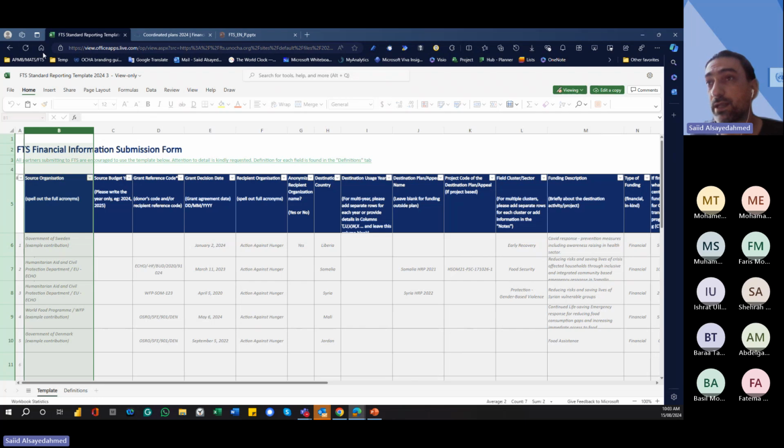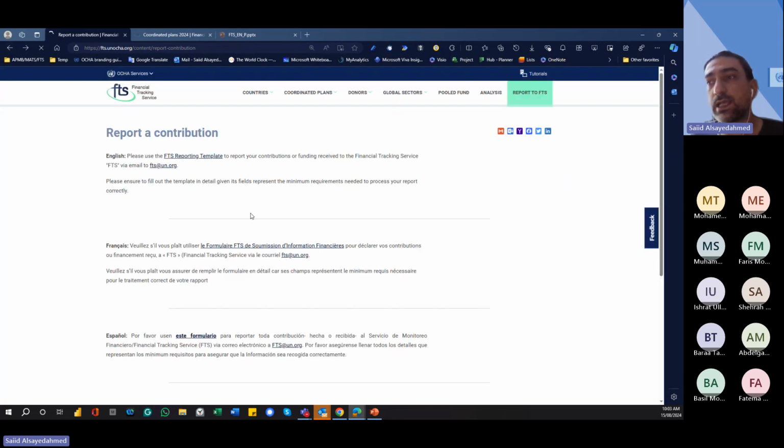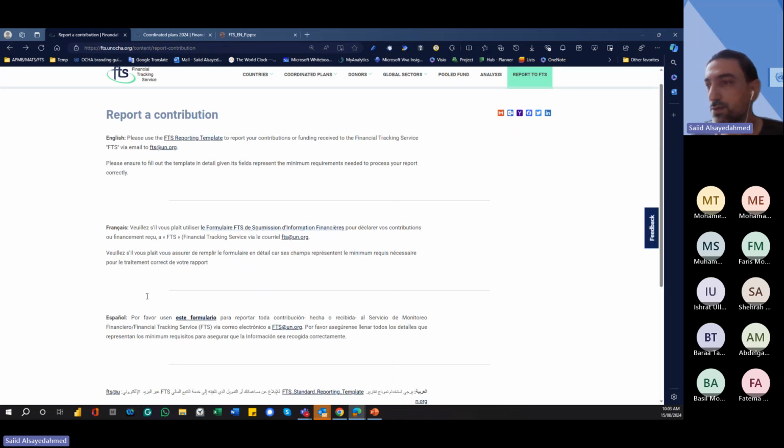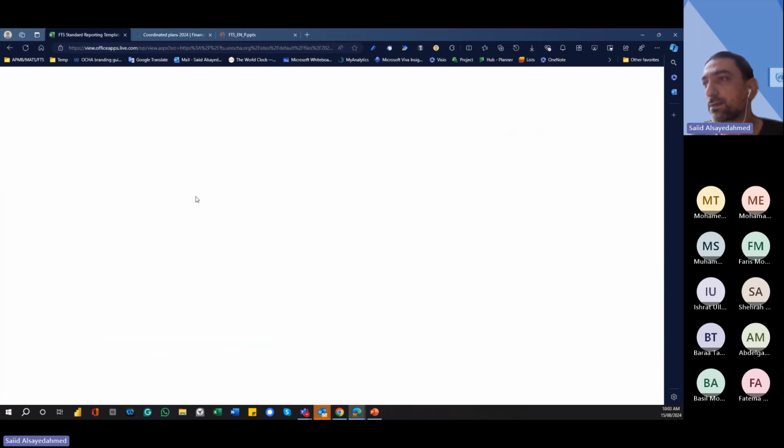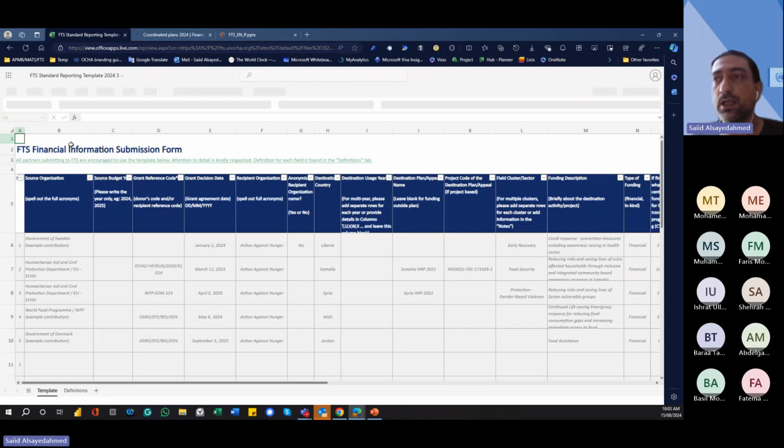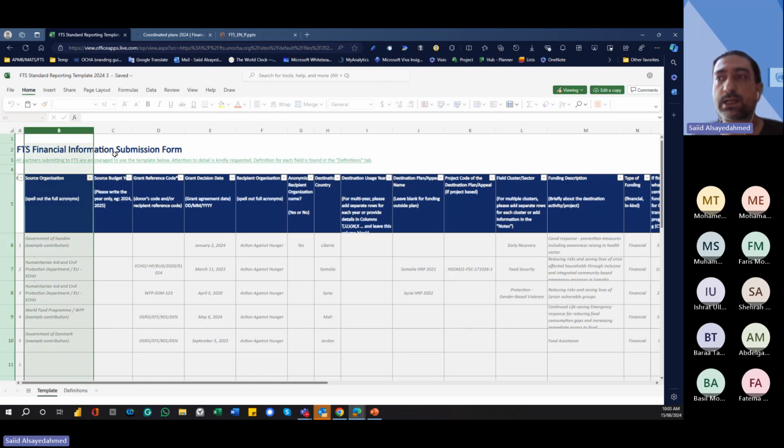Basically, this is the reporting template, and it's available, as you see here, in four languages: English, French, Spanish, and Arabic, of course. In this meeting, I will use the English one. Here you select the source organization who donated this money to you, such as Qatar Charity, whether it's a crowd fund, a government fund, or you are getting this fund from anywhere, because this always helps us keep a perfect picture of you as a donor and as an implementing